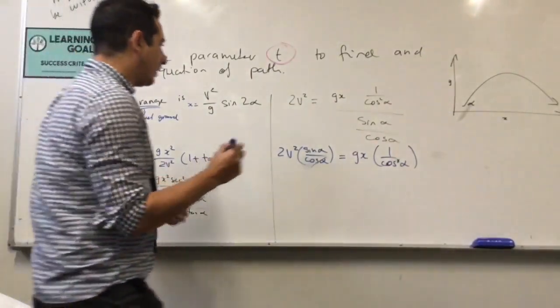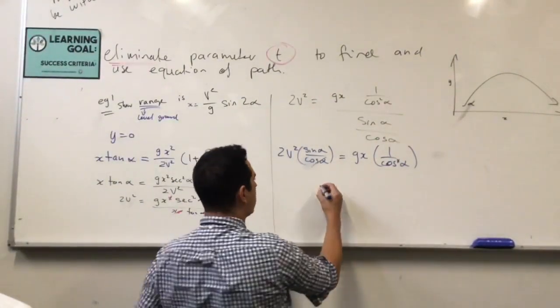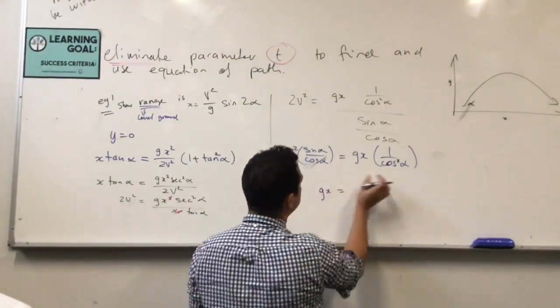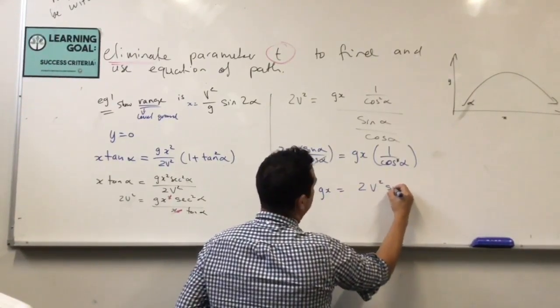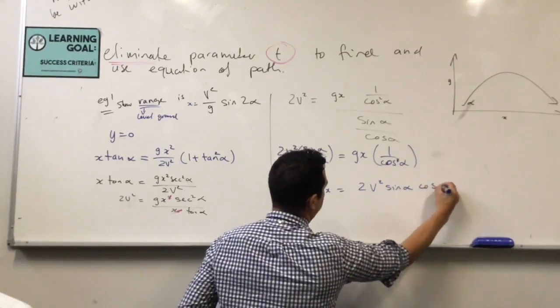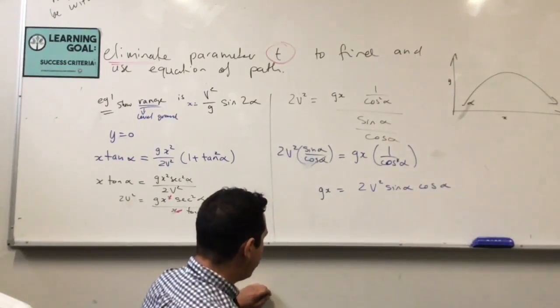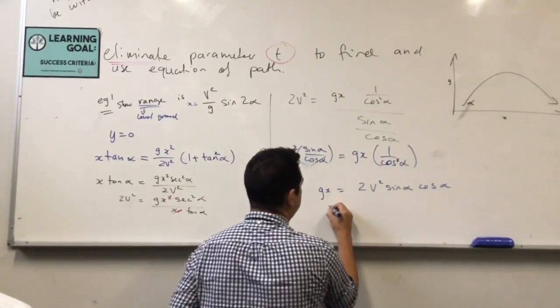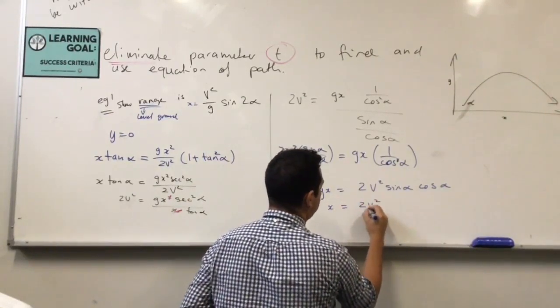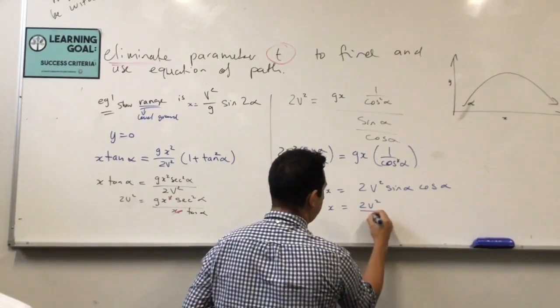Right. So I'm going to go gx equals 2v squared sine alpha cos alpha. And then we're pretty much there. X equals 2v squared over g